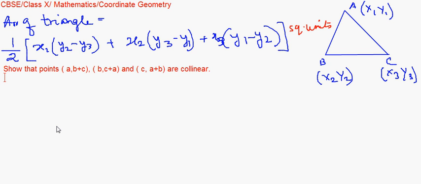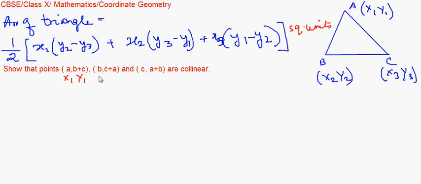So if we assume that these 3 points are in line, that means they are not forming a triangle. That means if they are not forming a triangle, the area of the triangle should be 0. So we'll try to prove the area of the triangle which might have been formed by these 3 coordinates is given as 0. Once we find that the area is 0, it would prove directly that these 3 coordinates given are collinear. So I'll find the area of the triangle wherein I take this, I'll write below here as x1,